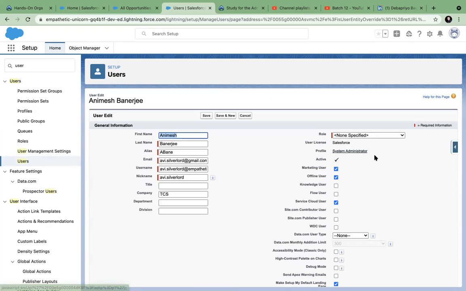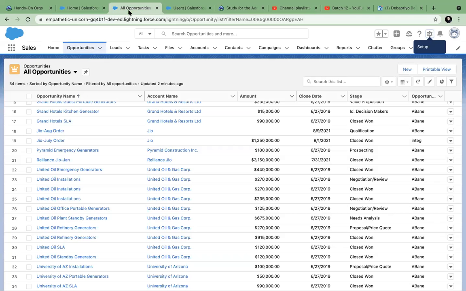Okay, another system administrator. So if I then update my profile, what will happen is that I have to change the OWD also. The OWD has to be made private. You can test with two users and you will see this opportunity record is gone. Give it a try at your end. I will not waste the time of this session, because you will not be able to see this record if the OWD is set to private and the owner is somebody else.